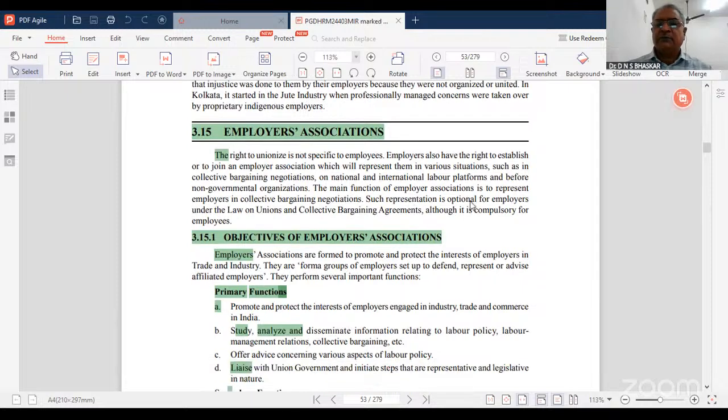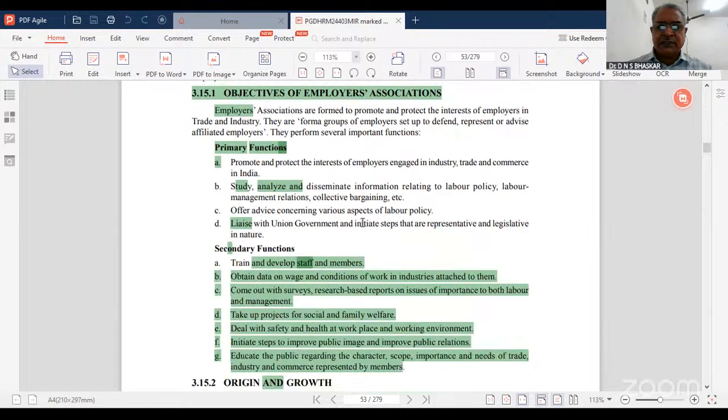The main function of employers association is to represent the employers in the collective bargaining negotiations. So when employees are bargaining with the employers, the employers association will also make a representative. Such representation is optional for the employers under the law and union collective bargaining agreements. So the main objectives of employers associations are given here. Employers associations are formed to promote and protect the interests of the employers. They are a formal group of employers set up to defend, represent, and advise affiliated